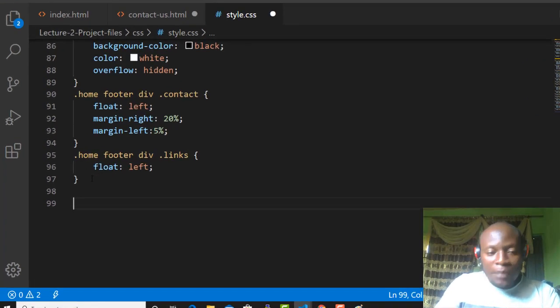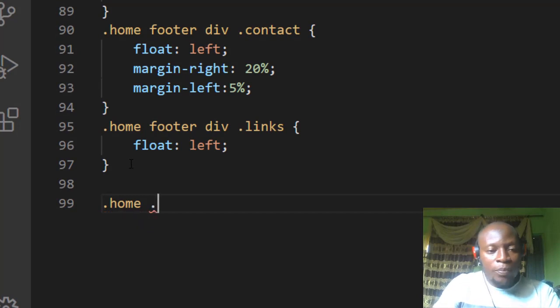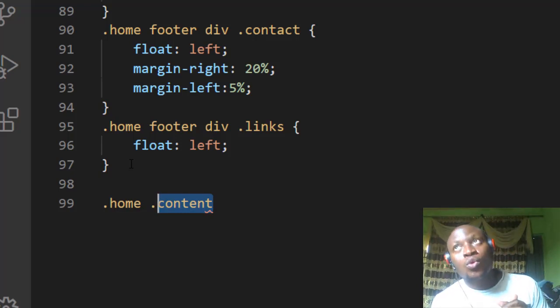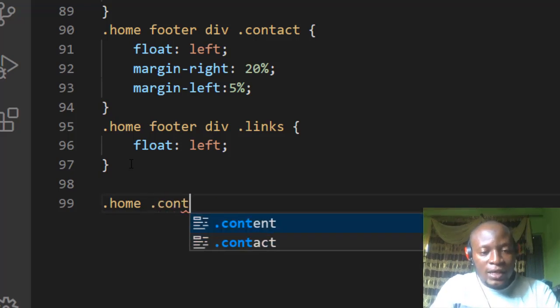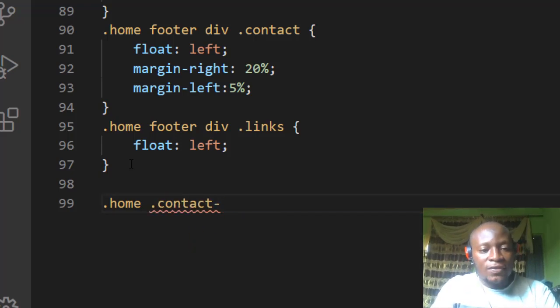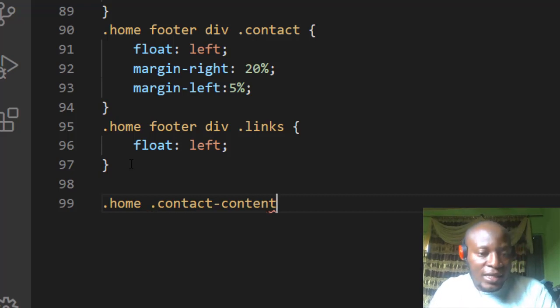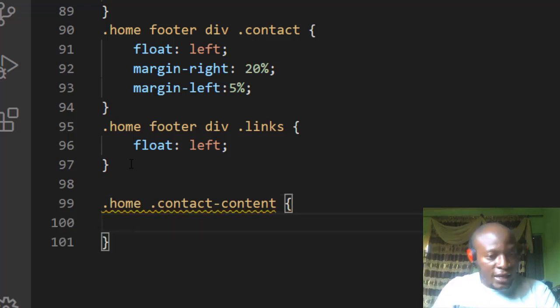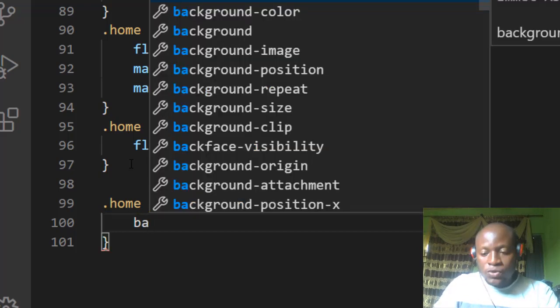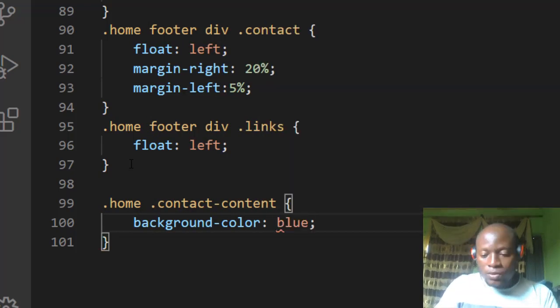Okay, so I'm creating home, and I'm pretty sure that I have a content inside home, but I do not want to name it content because I already have one content. So we can of course call this contact, because we are designing it for the contact form. So we now have contact-content. That's the new class I am designing. And in fact, to quickly test it out, let's introduce some background color here, maybe blue,